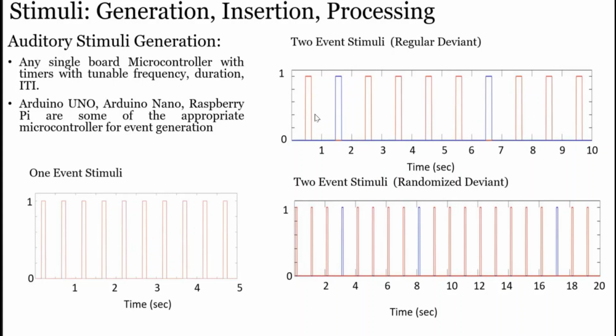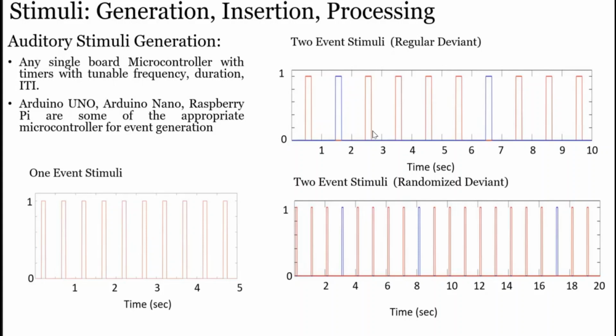One more thing I would like to mention is this deviant and standard. If you look just at the waveform, the magnitude remains the same. Some of you might ask, if the magnitude is the same, how can this be deviant? It is not required that you alter the intensity, volume or magnitude. In this case, you can change your frequency, you can change duration as well, but here amplitude and duration are the same.